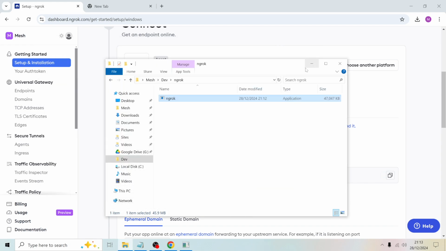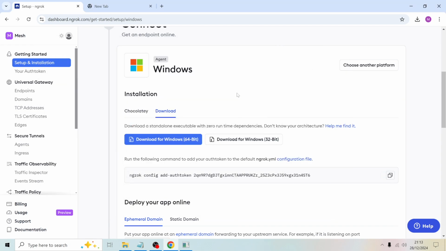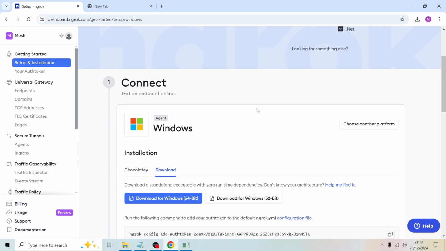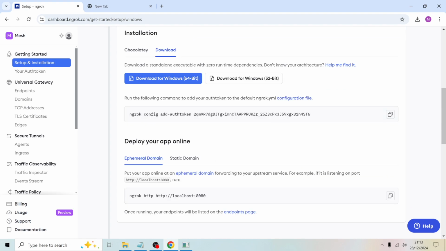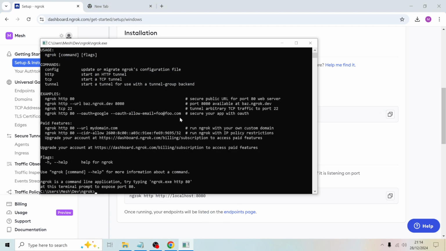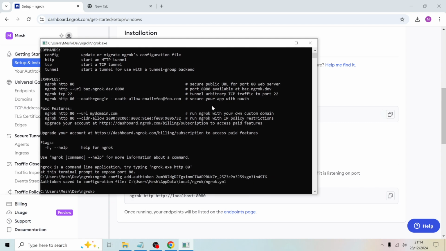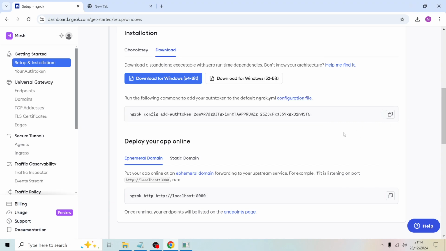If I minimize that, I have to go back to the Ngrok account. You want to follow the next step after download, which is adding the auth token. You can see here that you can pretty much copy this command. If you click the copy button, go to the Ngrok application, and right click the mouse button, that should paste the command. There you go, and hit the enter key, and you can see that the auth token has been set up. Okay, so if I go back to the page,